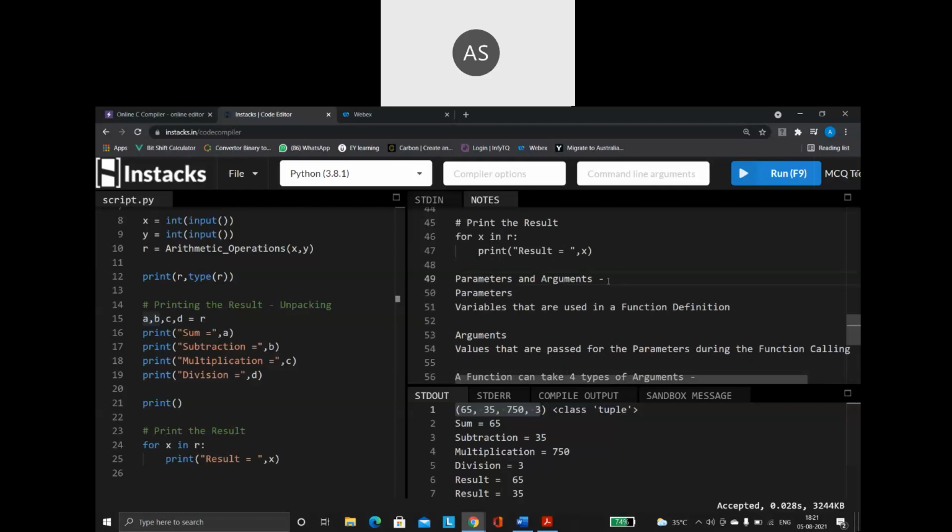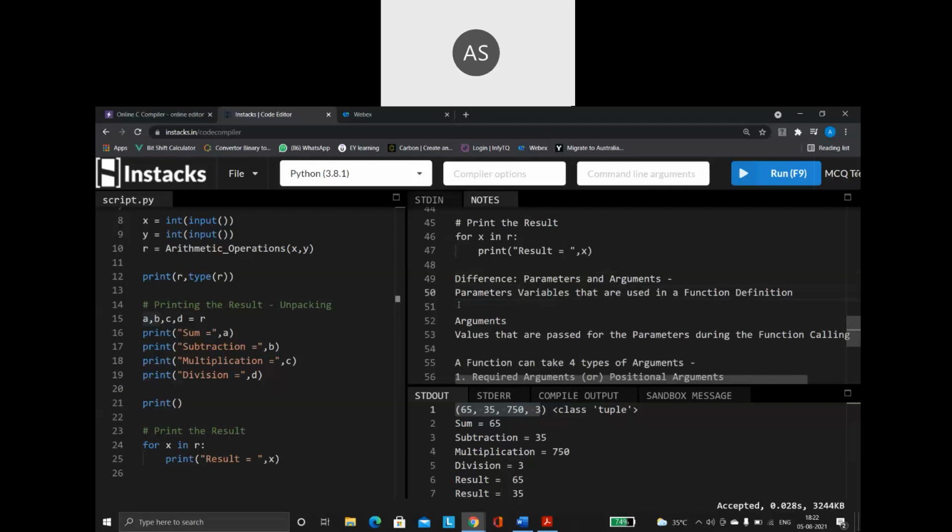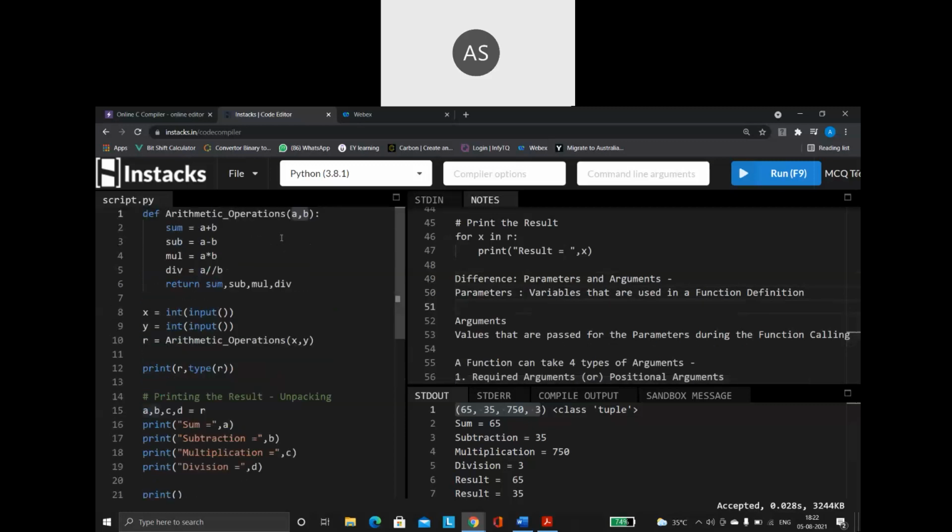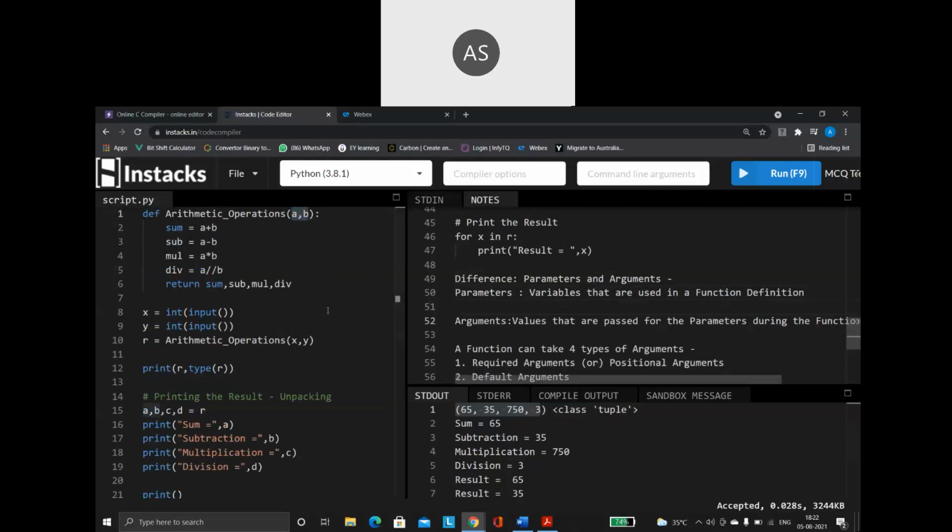So please remember the difference very carefully. Parameters are nothing but the variables that we create during the function definition. And arguments are the values that we pass for the variables during the function call.